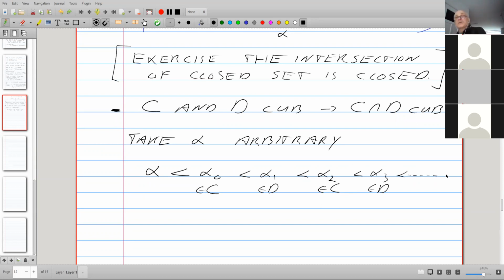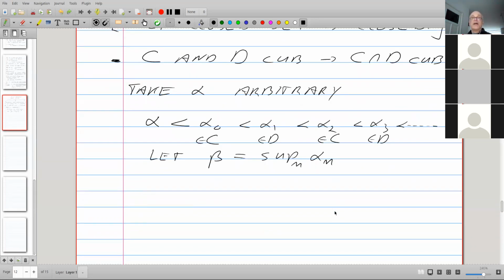We construct recursively an increasing sequence of ordinals where the even ones are in C and the odd ones are in D. And let beta be the supremum of that. Because kappa is uncountable regular, beta is less than kappa.